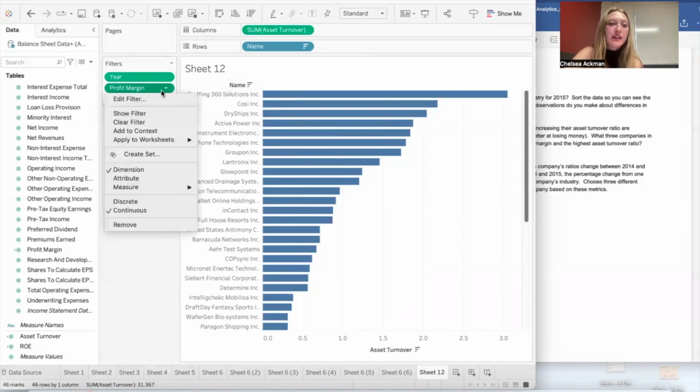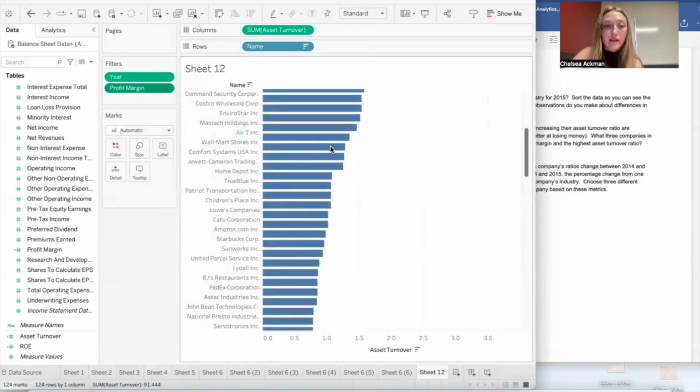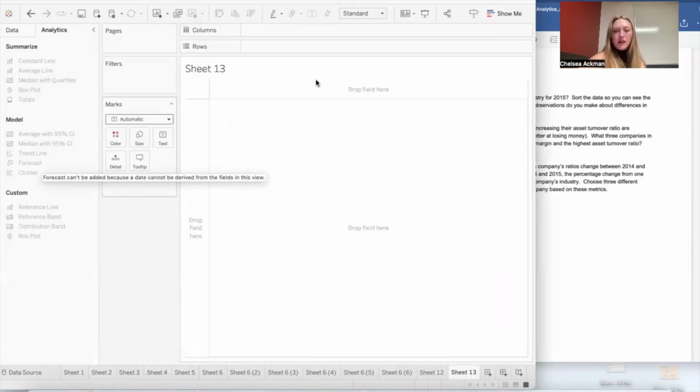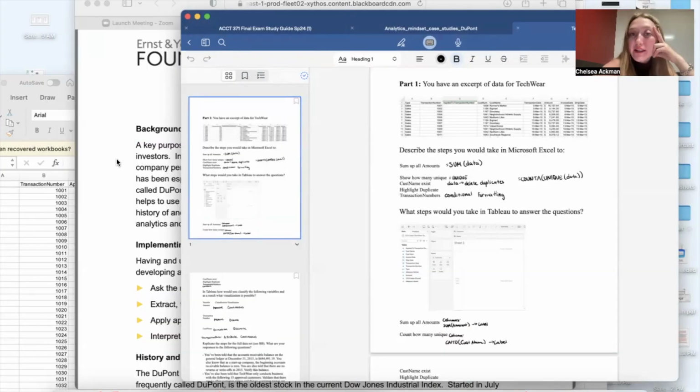And then for some reason, I feel like this is being weird, so I'm going to change it around to be at least 0 and make sure I still get a lot of outputs. I do. Okay. That makes me feel better. Okay, cool. But yeah, that was the DuPont case. Okay, so next up is the